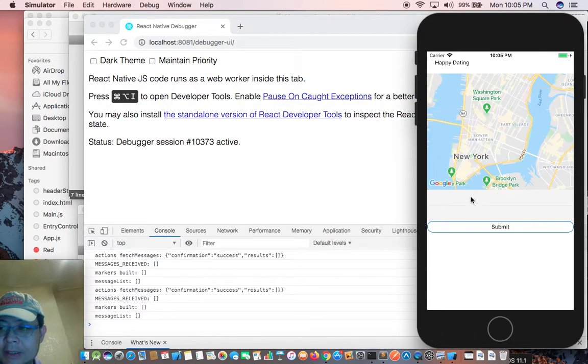So let's say Miss React. I want to date someone who knows Redux. I want to date someone who knows Redux. So if I submit,